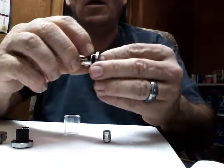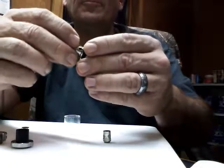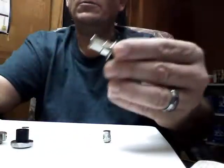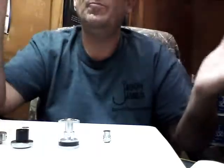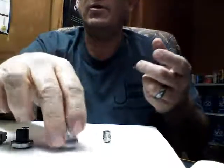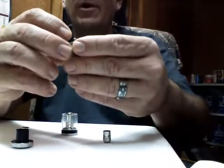Now, this black O-ring I was showing you in here is this black O-ring right here. The big O-ring. And the tank just slides right over the top of it. So this tank and the chimney are together at this moment. And you can feel it. Well, you could, but the bottom's not on. But anyway,